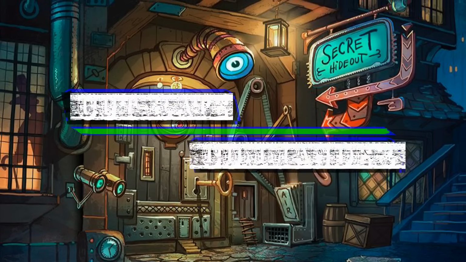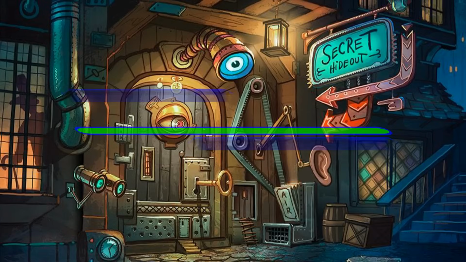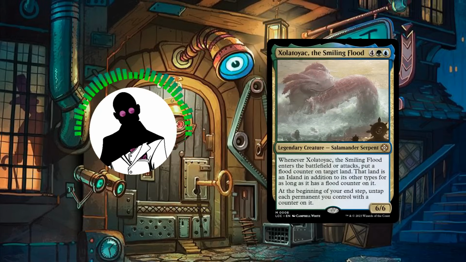Hello everyone, and welcome to another episode of Cut Rate Commander, the series where we take a look at low-price commanders and make budget decks with them. My name is Grazzet, and today we'll be looking at a build featuring the joyful drowner of cities, Xolatoyac the